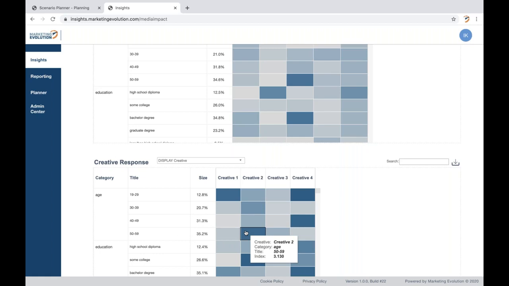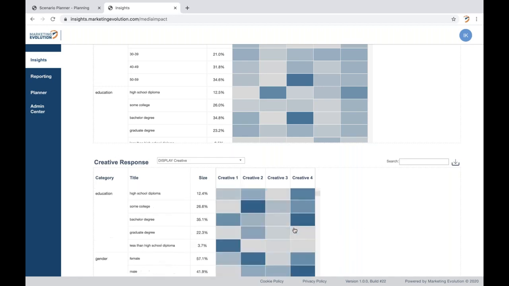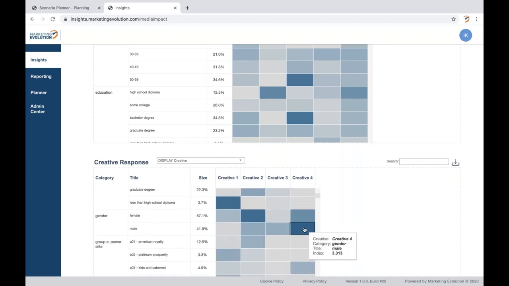So this can help the optimizer figure out that, if your next campaign is skewed towards a 50+ age group, the optimizer knows based on past measurement which creative rotation should actually be implemented in that plan. Similarly, if I scroll down to the gender breakup, we're seeing that Creative 4 actually over-indexes with males. And again, if the campaign has more of a skew towards one gender or the other, the optimizer again knows whether it should pick Creative 2, which works really well for females, or should it pick Creative 4,